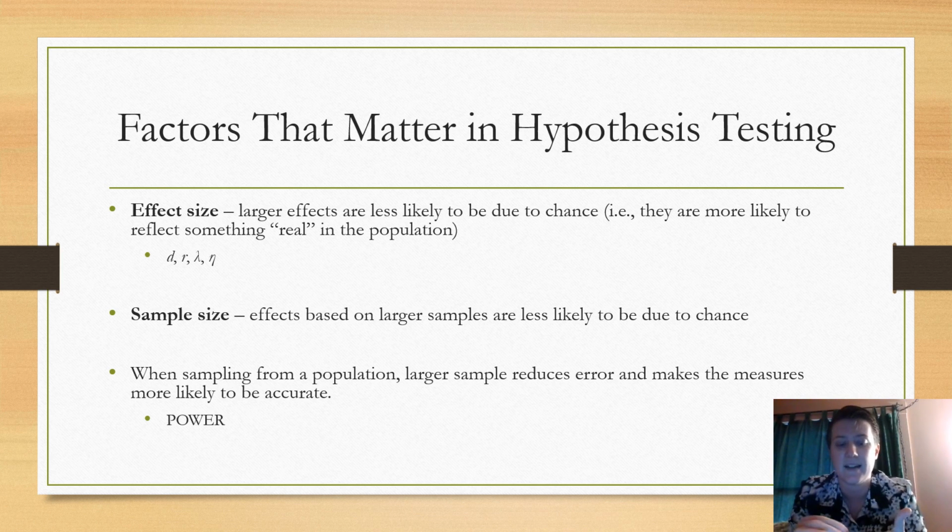If your Cohen's d is 1, when 0.8 is considered strong, or if your Pearson's r is 0.7, when 0.5 is considered strong, that would say, hey, it's likely that that's reflective of the population. However, that also coincides with the sample size. So when we have larger samples, this also reflects a better idea of what the population